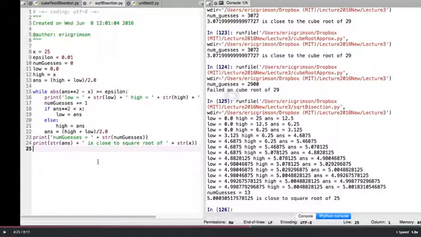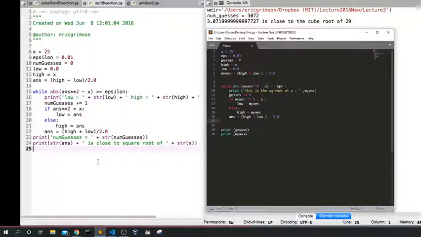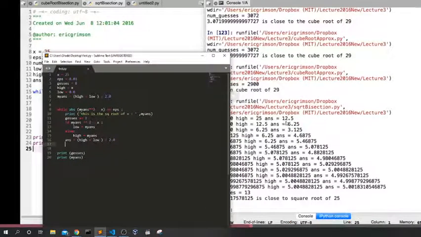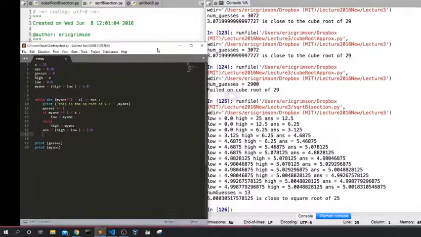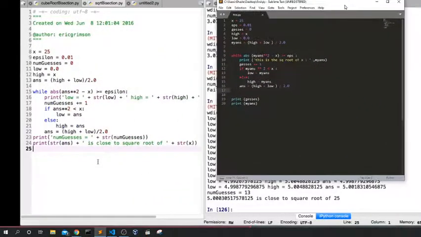So high and low divided by 2. Yeah. Why is this not working? So divide by 2, it's a 2.5, but it's not continuing the process